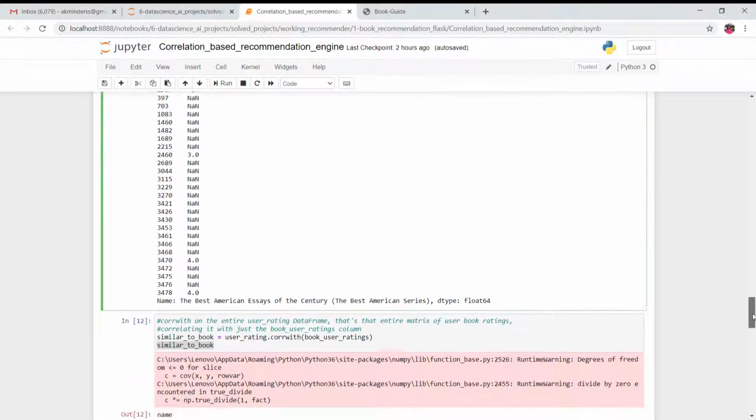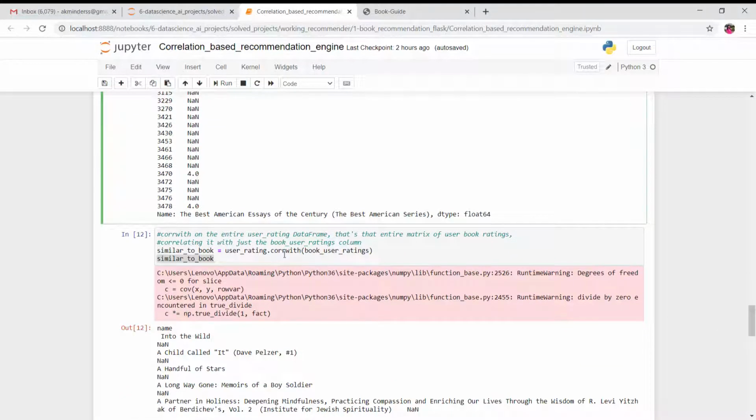Now the next step is we want to find the correlation. We can find similarities between the products or similarities between the books, and there are different formulas. The formula which I am using today to find the similarities between the books is the Pearson correlation formula.